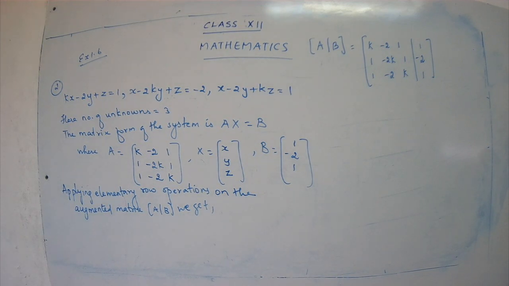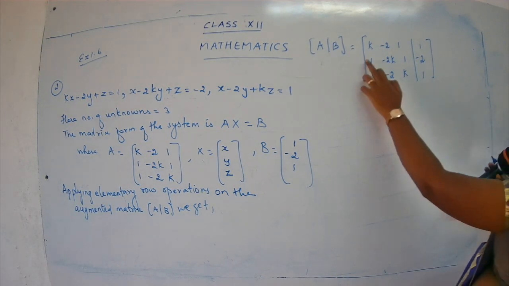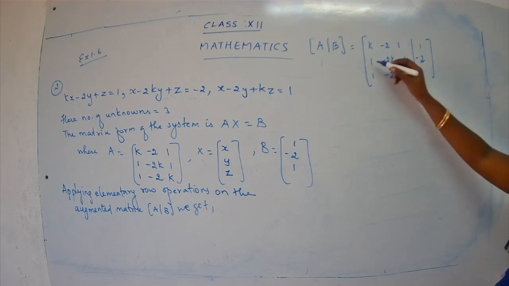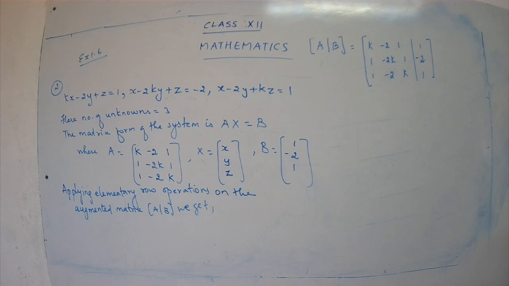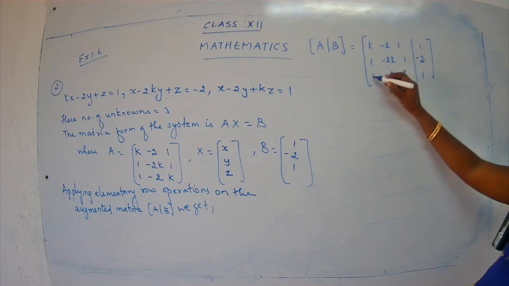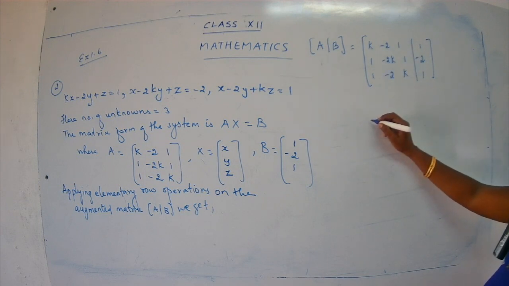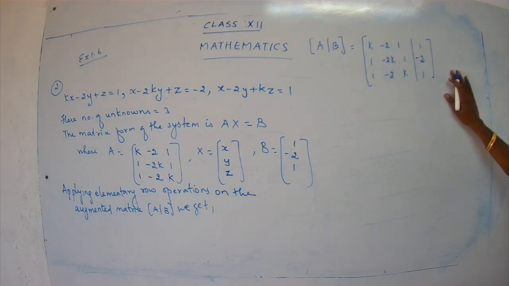Remember, always we need 1 as the first element of the matrix. Here we already have a row with the number 1, and we have two ones. So we have to think wisely and choose a proper row. I'm going to choose the third row and put the third row in place of the first row. In some cases, you have to think wisely. The more you practice, the wiser you become, okay, children?